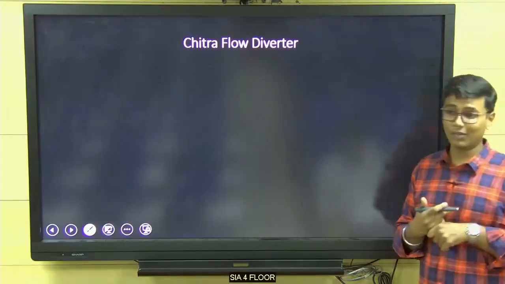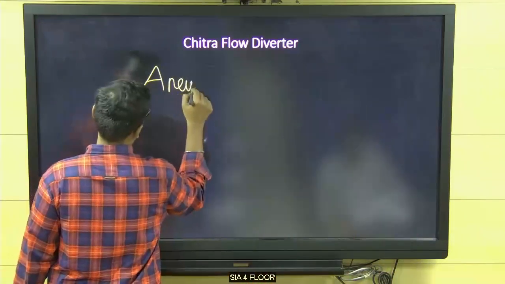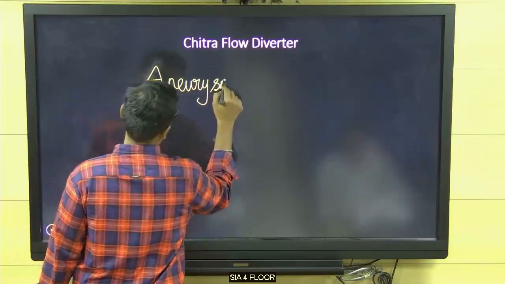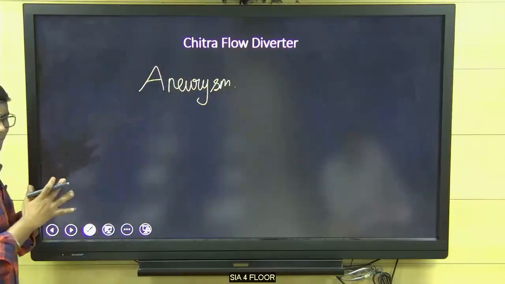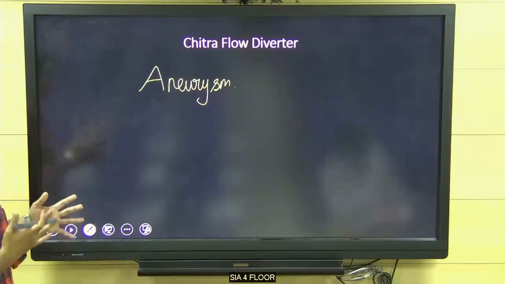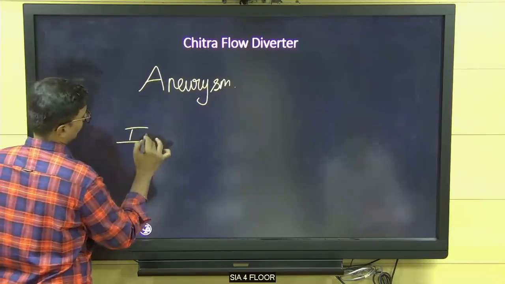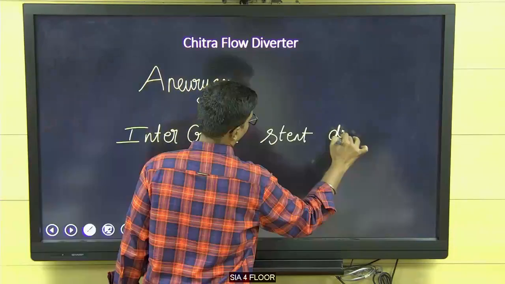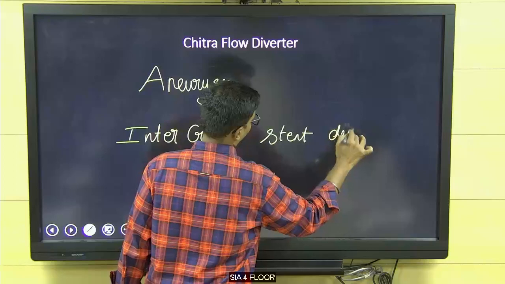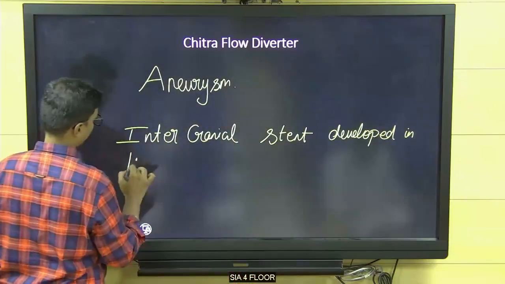And then what if a blood clot happens in the brain? It's called an aneurysm. To cure this aneurysm and to prevent the blood vessel from bulging or ballooning and bursting, we have to install stents. Cranium means skull, so this is an intracranial stent. Developed by India, in fact developed in Kerala. It's named as